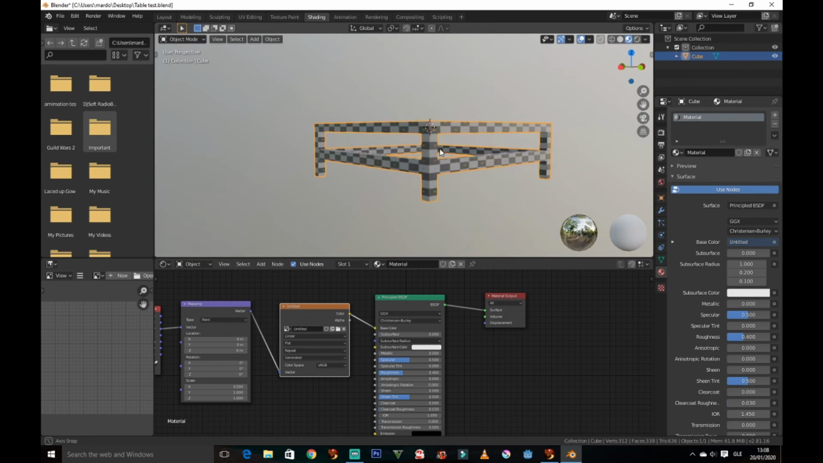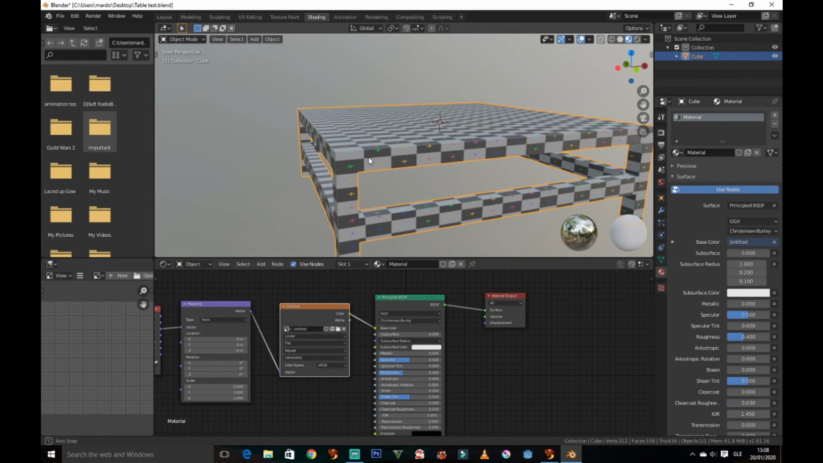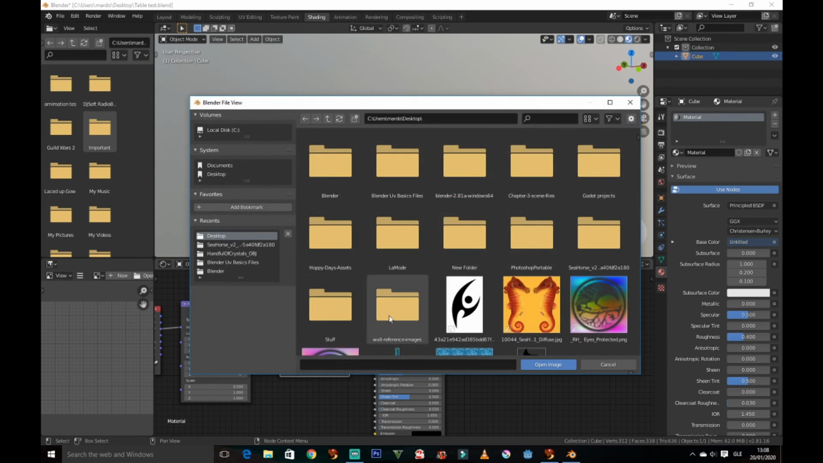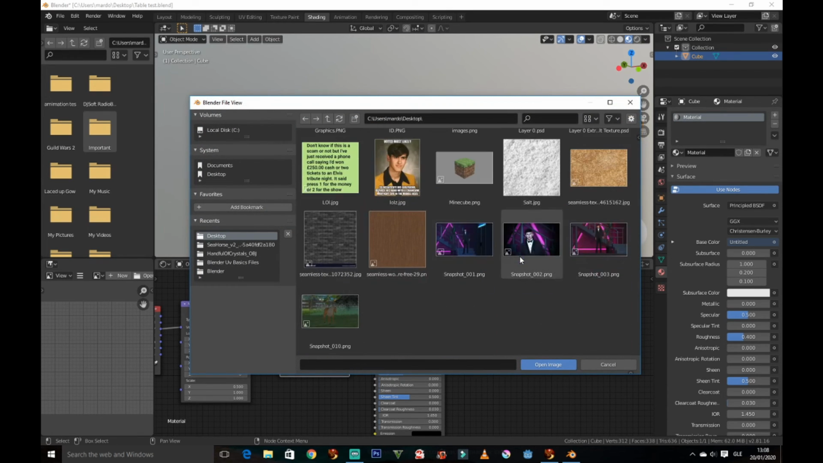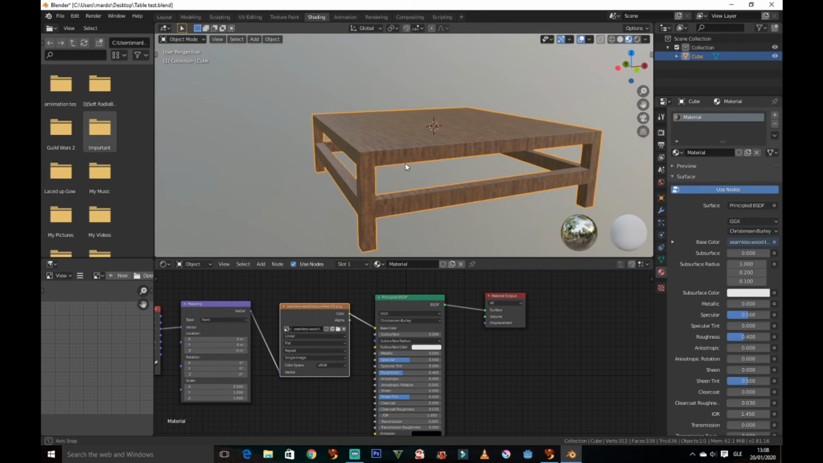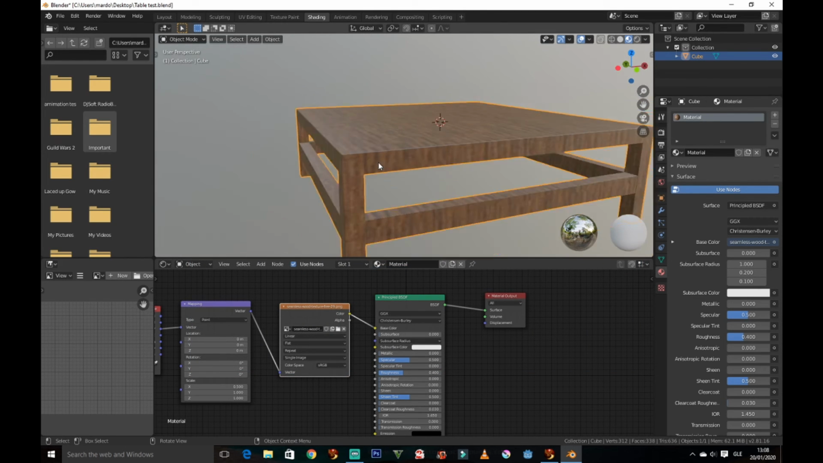So there's loads of free wood textures out there, and you can add any wood texture that you want. I'm just going to go with a simple wood texture that I found that's free. I'm going to click this little folder icon here on the texture node, and then I'm just going to open up the wood texture here, double click it, and as you can see, now I have the wood texture uploaded